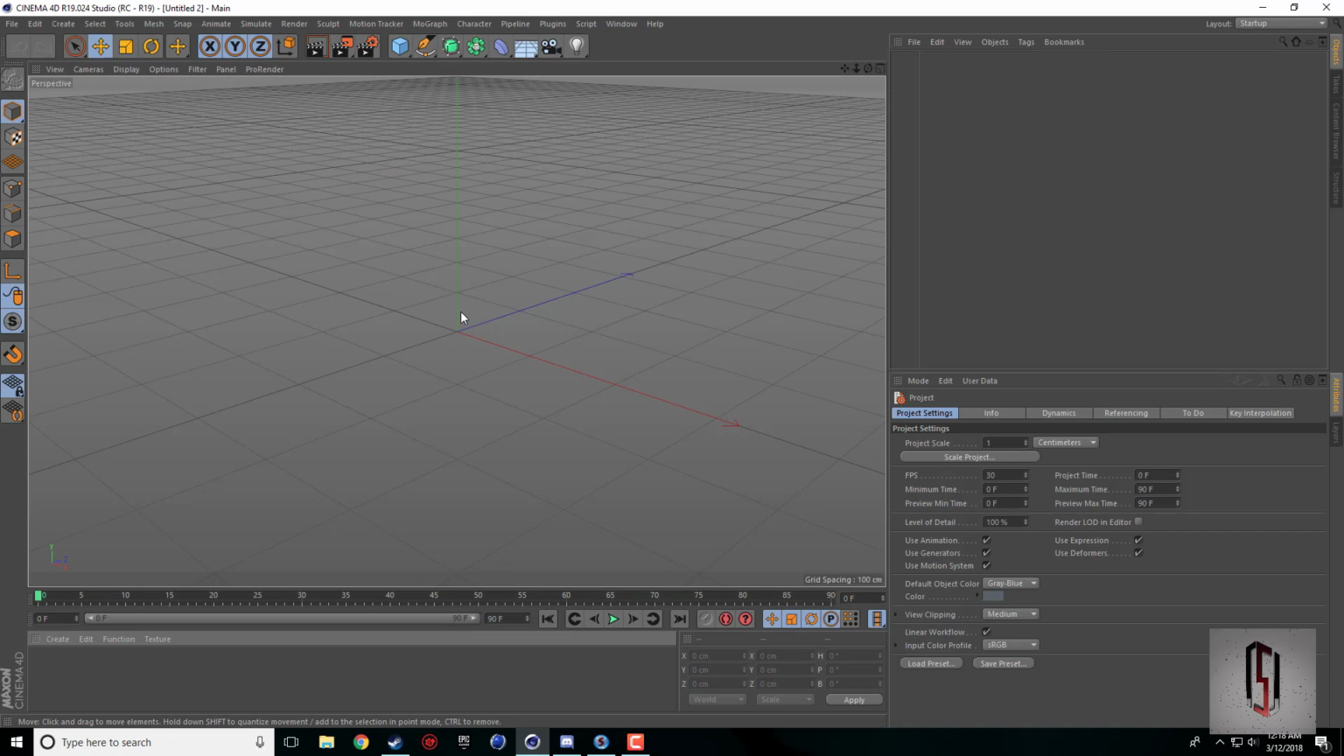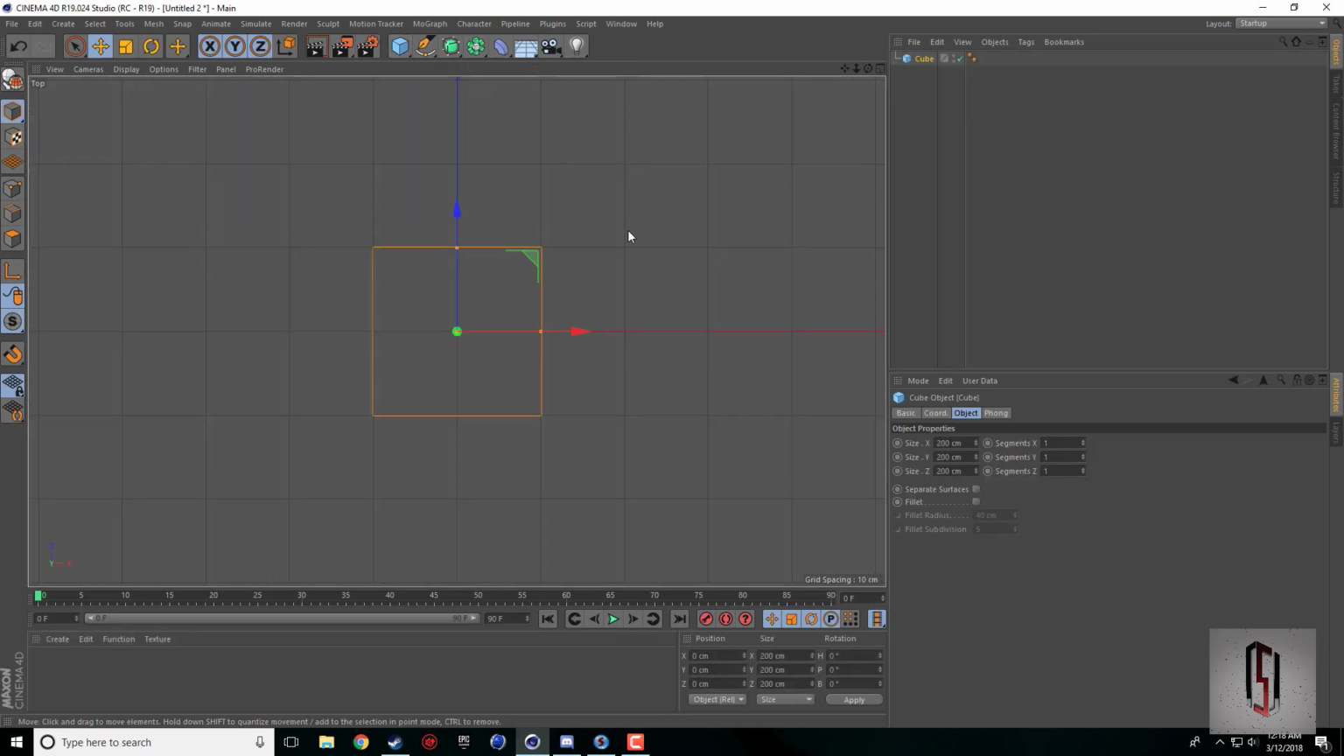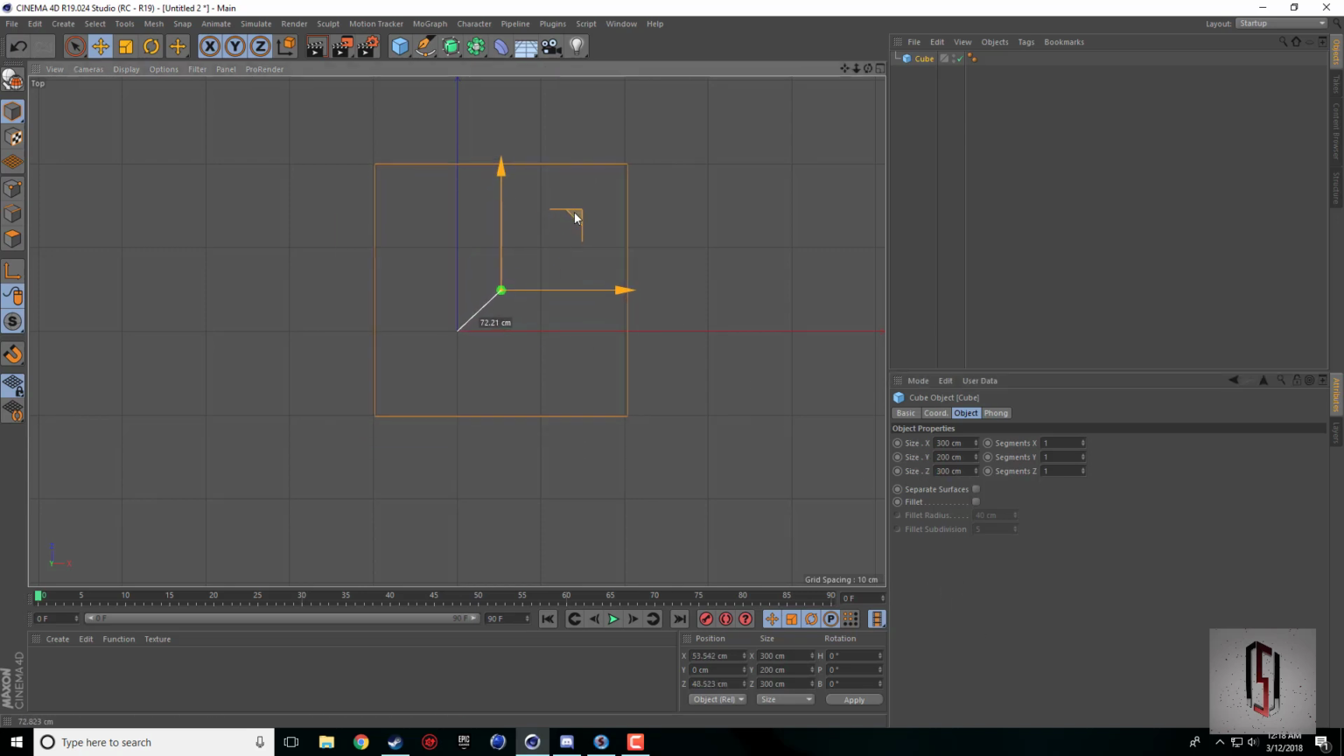The first thing that we're going to do is grab a cube and come to the top view. Now, if you have played the game, you know that I'm going to use these squares as markers or tiles within the game. A Town Hall is 3 by 3. Each one of these squares is 100 centimeters, so I'm just going to make this 300 centimeters on the X and the Z. And now we get a 3 by 3